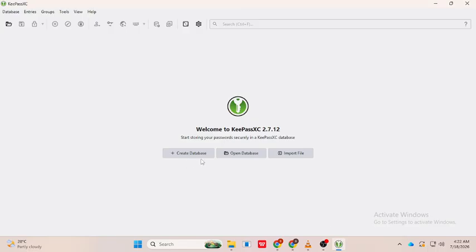On the first launch, you can create a new password database or open an existing one. If you're new to KeePassXC, choose Create a new database and follow the setup instructions. And that's how to install KeePassXC. Once the installation is complete, you can create an encrypted password database and securely manage your login information from one